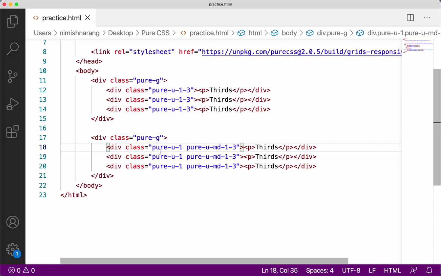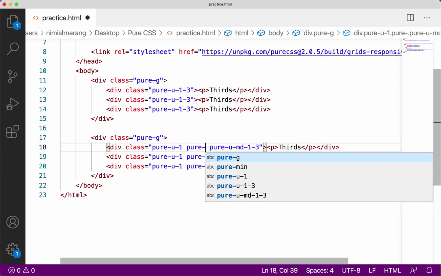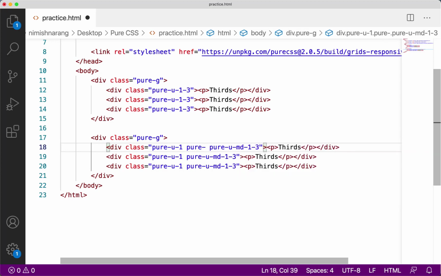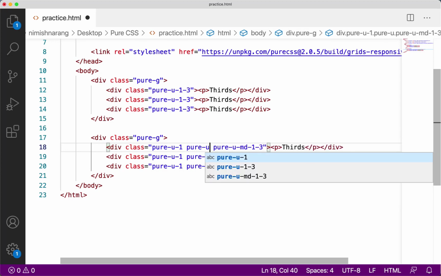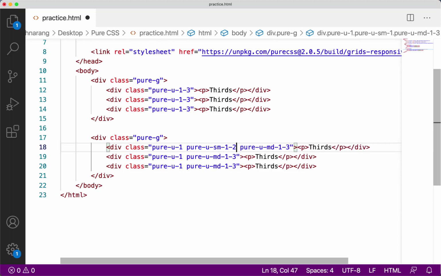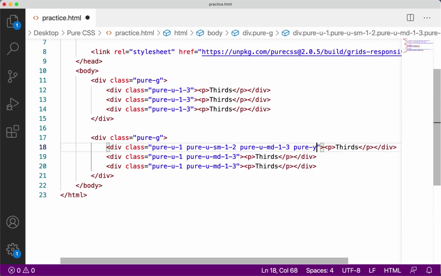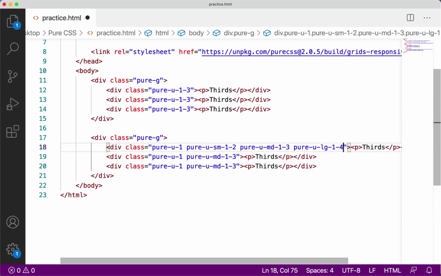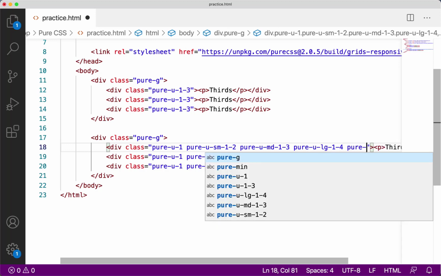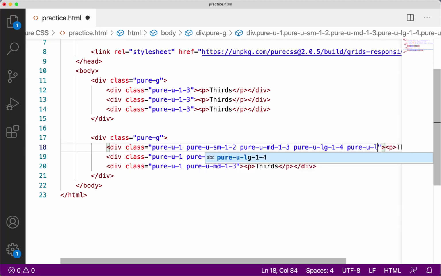Okay, so we can expand upon these and really make them jump around. For example, maybe at a very small size, I want it to take up 1. Once it reaches a small size, so we'll do pure-u-sm, maybe I want this to take up 1/2. At medium, 1/3. At large, it's pure-u-lg, I want this to take up 1/4. And at extra large, I want it to take up 1/5. So we do pure-u-xl